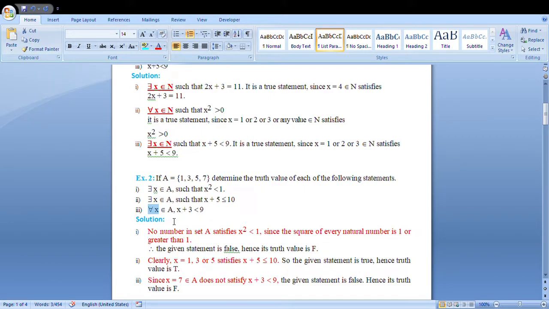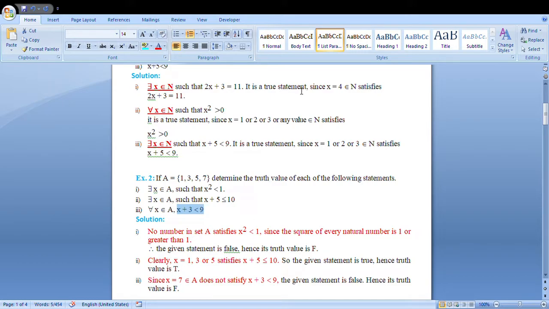True. 5 plus 3, 8. 8 is less than 9. True. But for 7, 7 plus 3 is 10. And we know that 10 is not less than 9. That means all the values are not satisfying the given statement, and therefore the truth value of this statement is